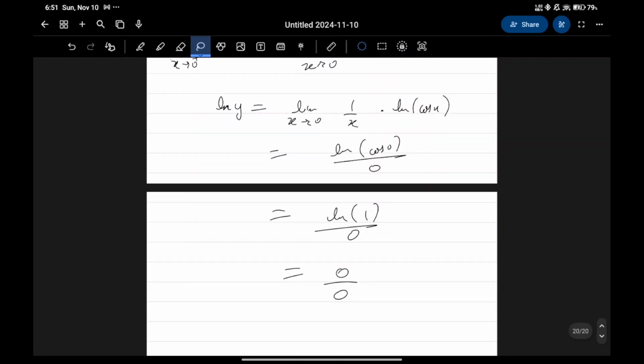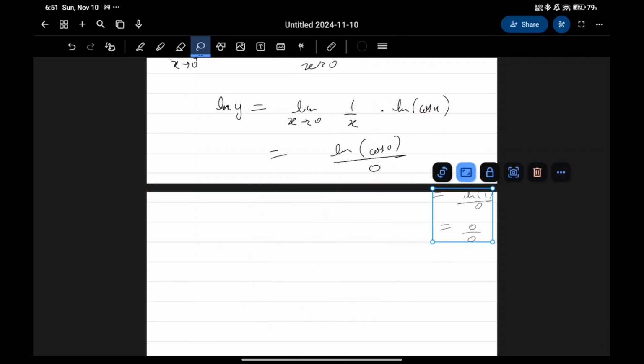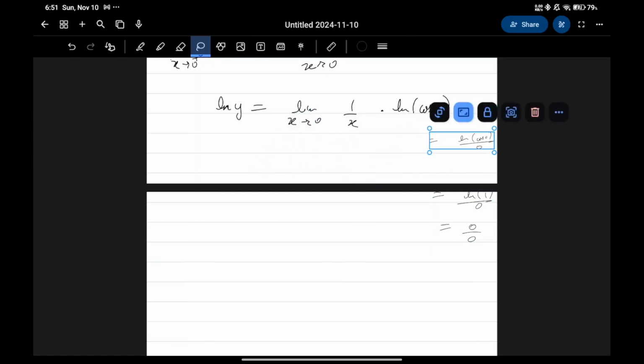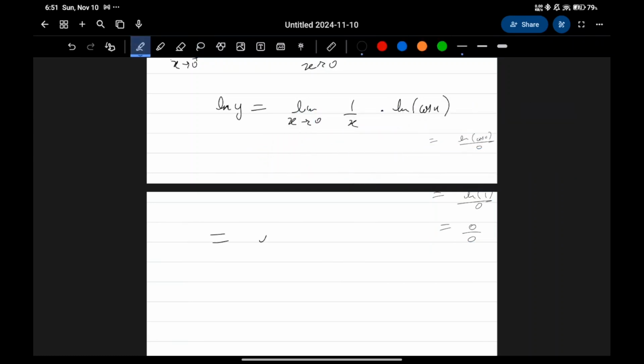Okay. Now, let me put this to the side. So over here I basically have limit of x goes to 0. What should we write? You should write,